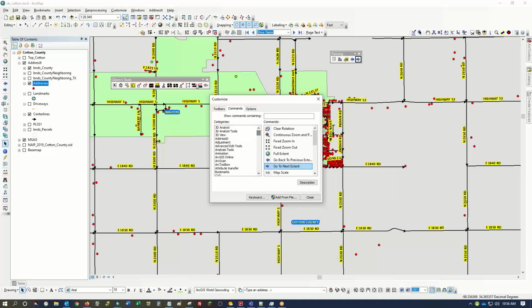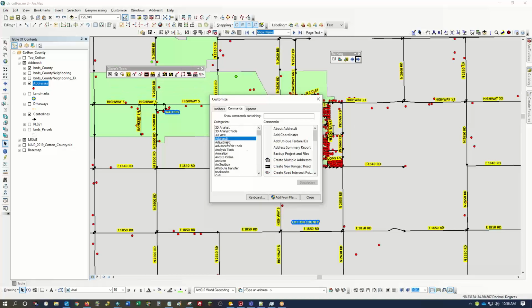Now, what I did over here for this toolbar was I clicked on Address It, and there's all the Address It tools. And I just built one that has all the tools I use all the time, so I don't need 4 toolbars open. Occasionally I need to delete something, and I'll open up the Address It delete toolbar, but I don't use it often enough to be on my most commonly used one. So it's kind of fun. I think there's a lot of power here that you can really tweak your own way of doing things